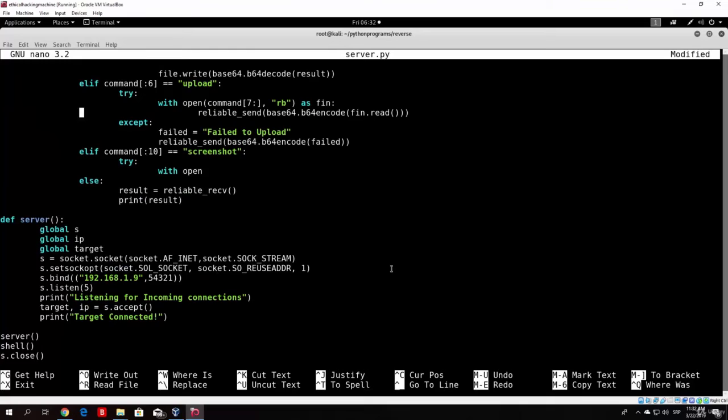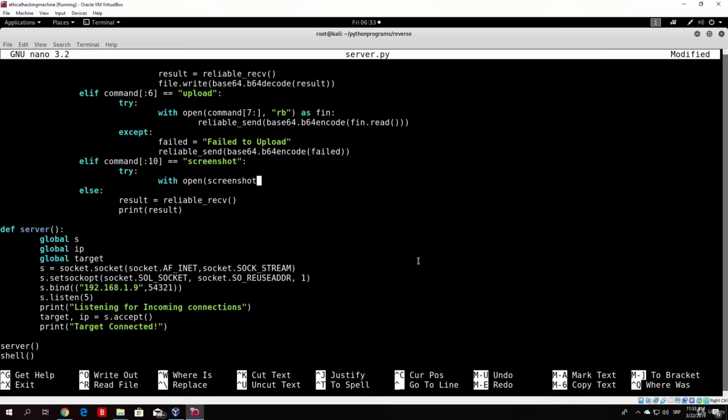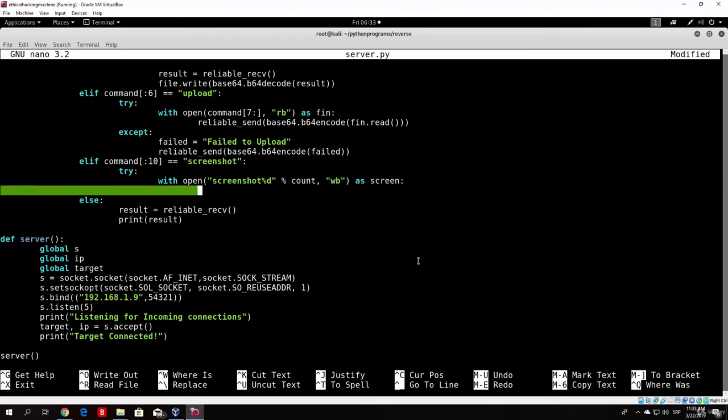So we go down here, so add it just below the shell function, and then go down here with open, and then we need to specify the file name to be different. So we will use the %d for a number. We will close this. Let me just open the apostrophe at the end as well. So screenshot %d, and then we want to instead of %d use count every time. So count and then comma write bytes. So we want to write the screenshot. We want to call it, for example, as screen. We call that the file name, and what we want to do right now is add a variable,